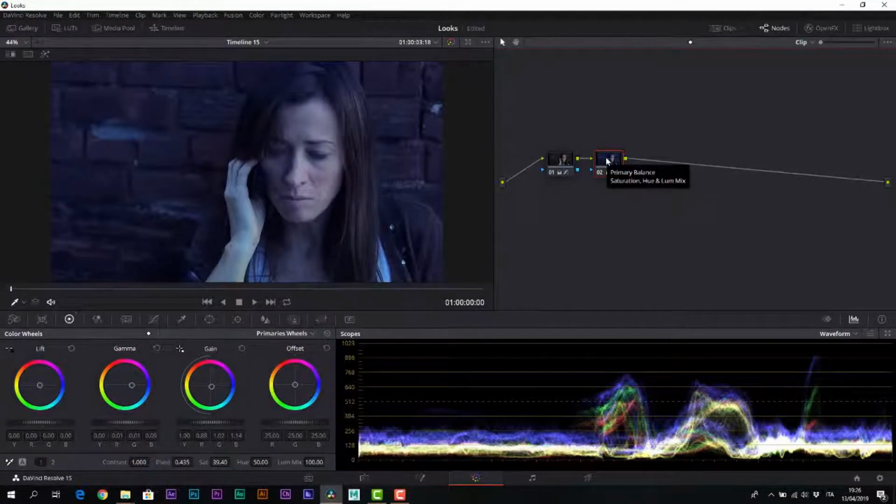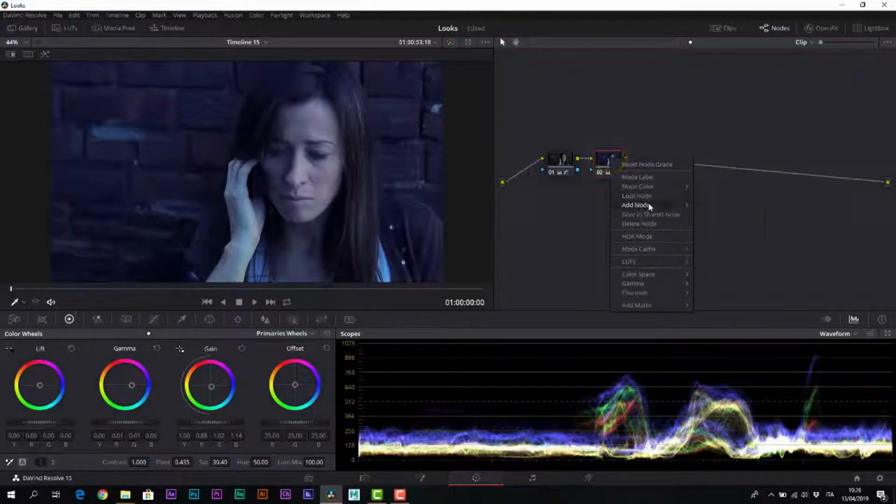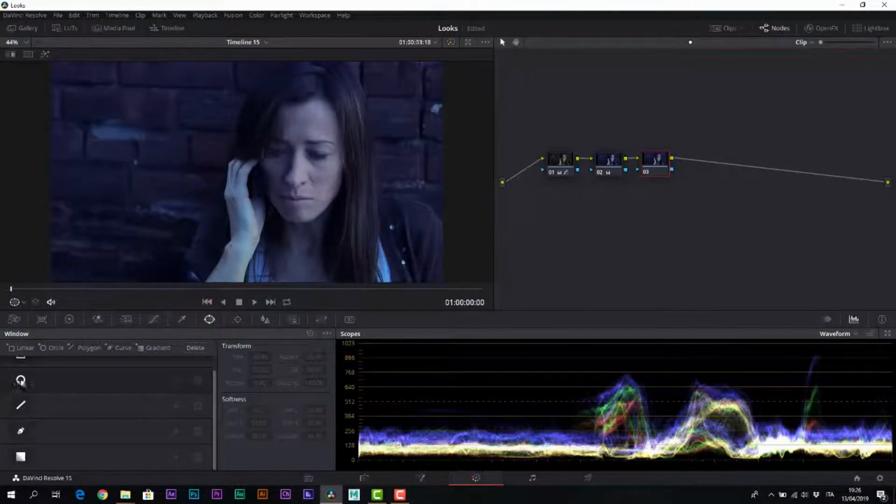At this point, let us intervene on our area of interest, as usual using a power window. We add another serial node and insert a power window, a very soft and well extended oval, which goes well with the face of the character.